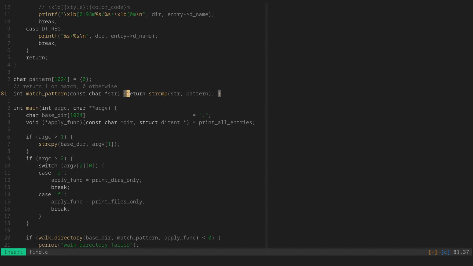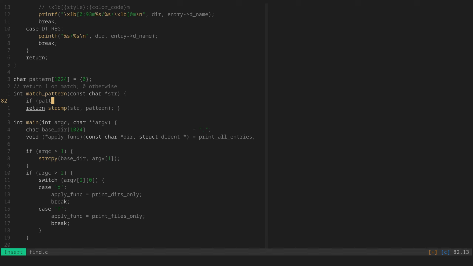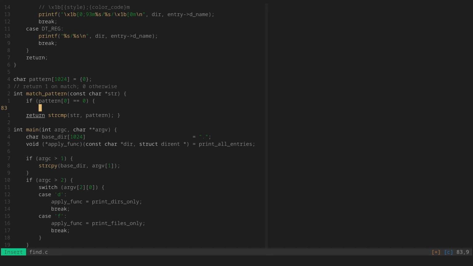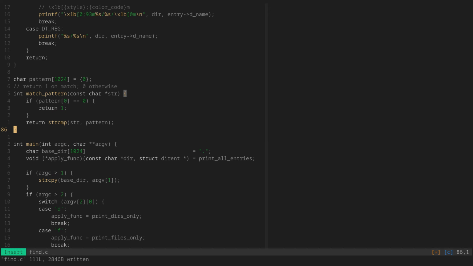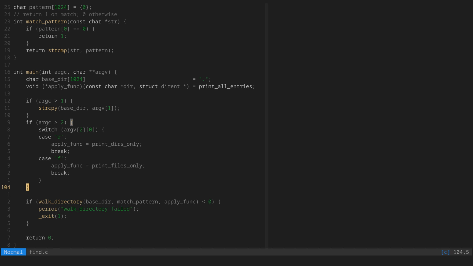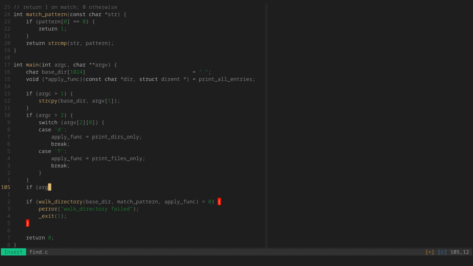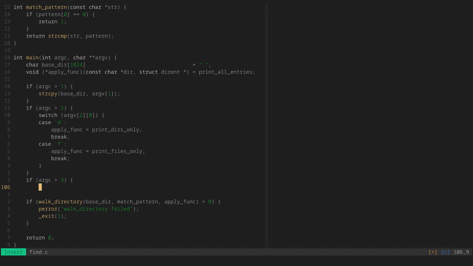Okay, let's do this one. If pattern 0 is equal to 0, which means pattern doesn't exist, we just return true. Otherwise we return this one. By default the pattern should be 0. The result is 0, but if you supply any parameter, argc is 3, then